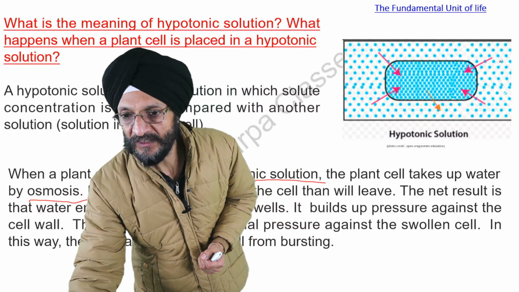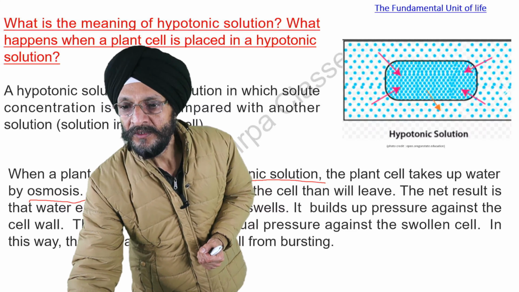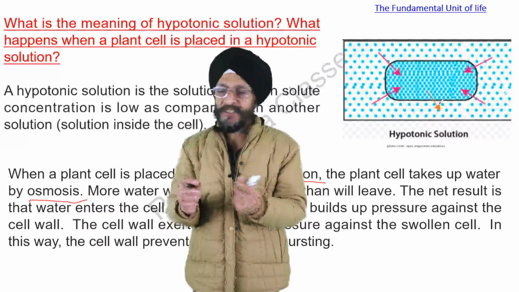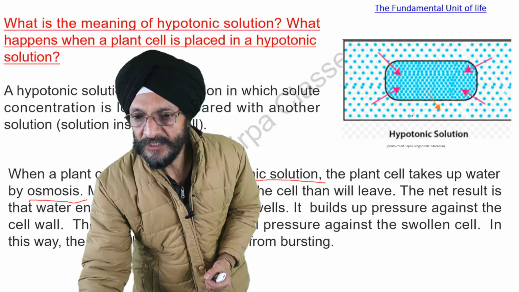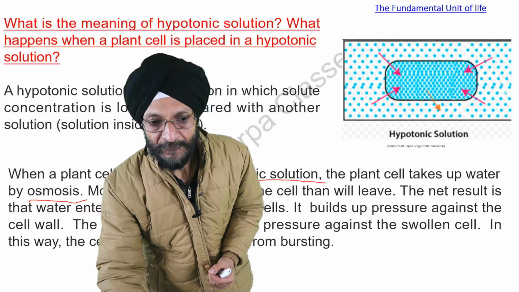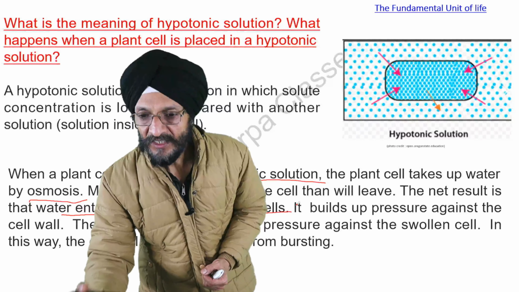You can see here that four rosy color pinpoints are there, and only one arrow is going outside. It means that more water is coming inside the cell and only a small amount of water is going outside. So the net result is that more water enters the cell and the cell swells up,